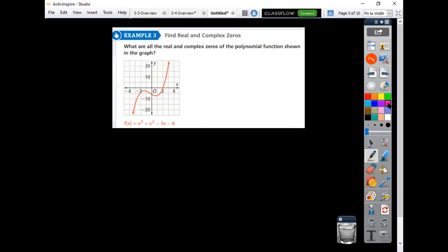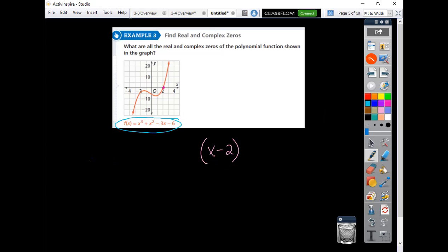This one has to have more degrees. It's not just a parabola, so it's higher degree than 2, but there's only one 0. There's a 0 at 2, so that's going to mean we have a factor of x minus 2, but how do we find the other ones? Well, remember how, since we know the formula for this graph, the function, if 2 is indeed a 0 or